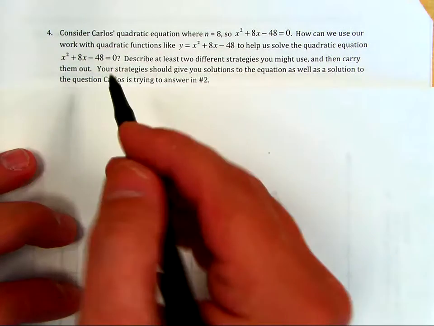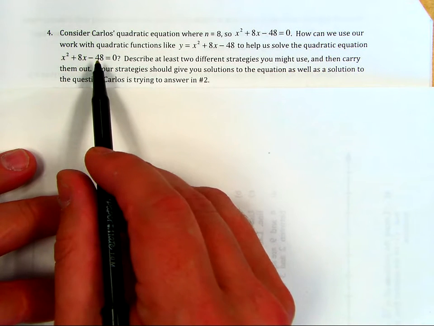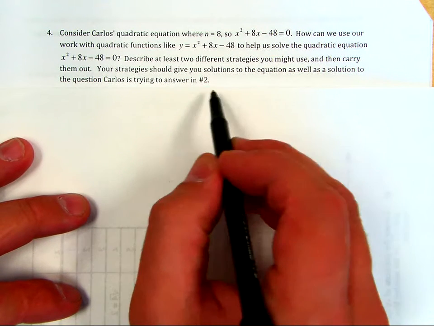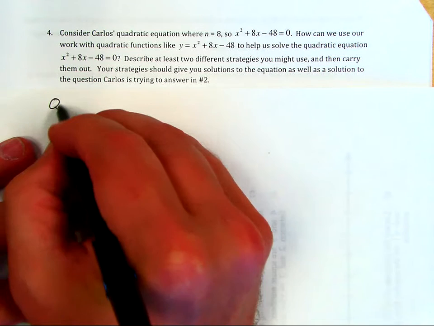Okay, here's the video that follows question number 4 on the 3.6 task in Math 2. Now, they said, hey, consider this as the quadratic formula and how you solved it. So they gave you most of the information here. The first way to solve it was by factoring. We're going to do the second way to solve it, which is by completing the square and using the quadratic formula